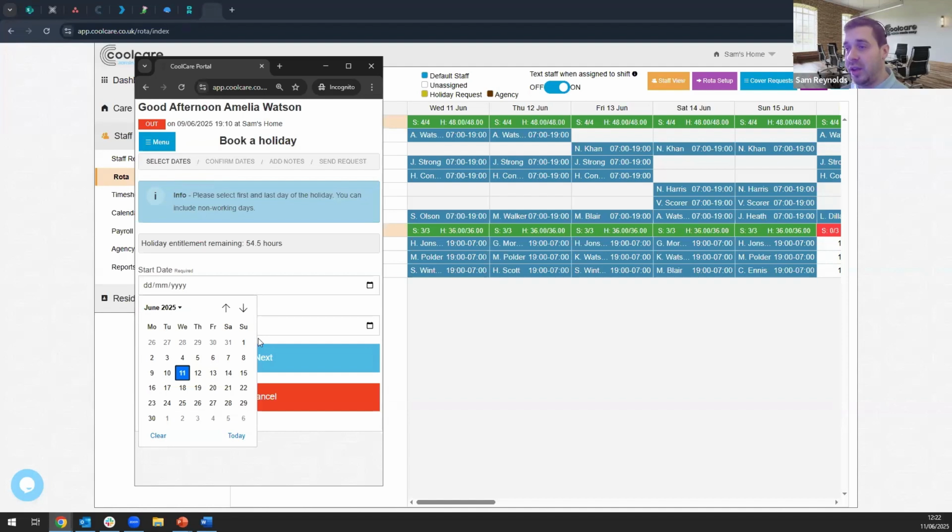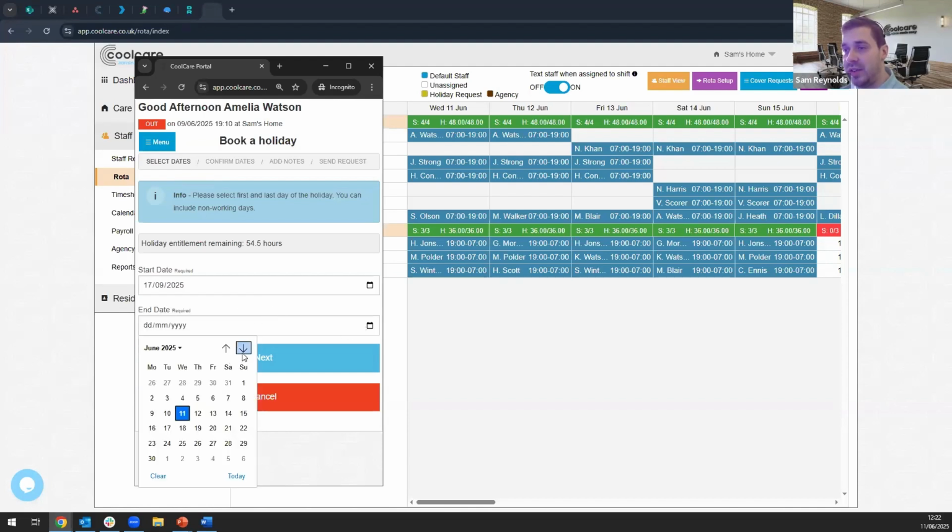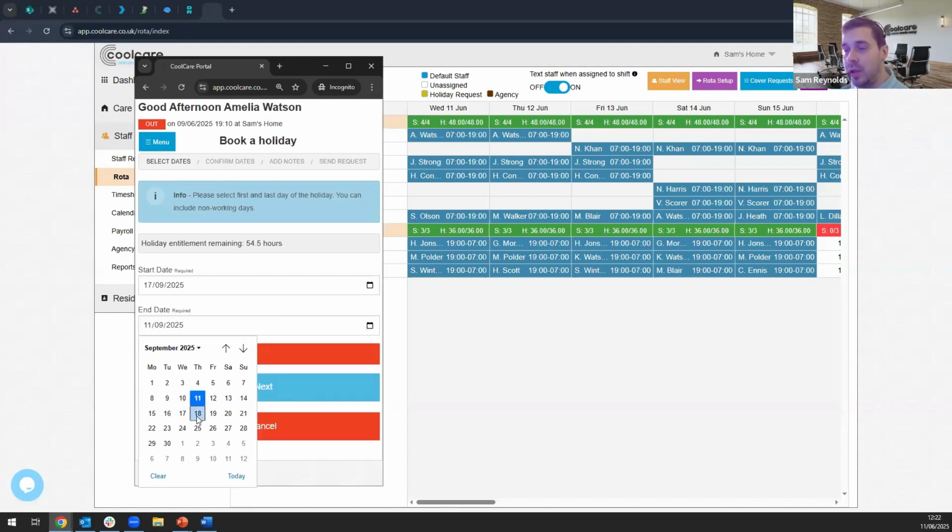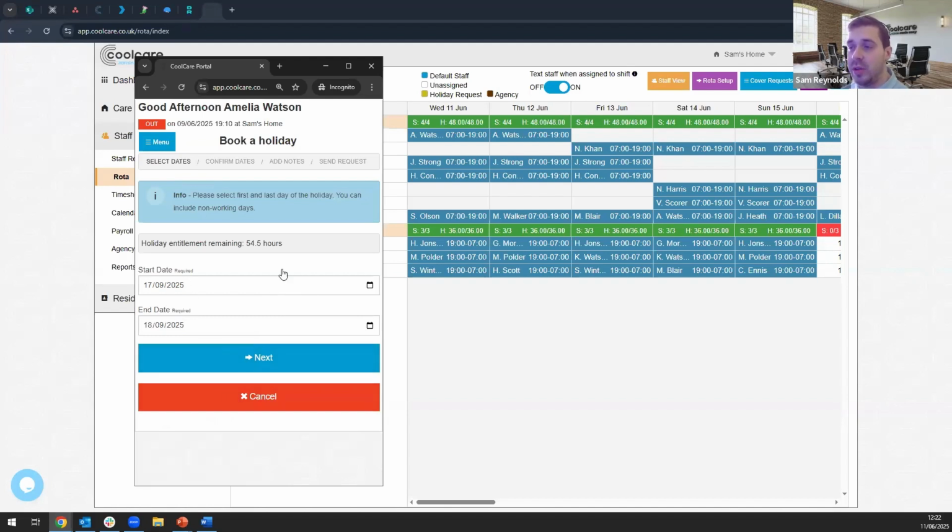So to book in a holiday request, they can choose a date picker there and go as far ahead as they want, really. They can go forward to as far as we need to. We'll say we want a couple of days off in September, for example. We're going to do, let's say, those 2 dates there, the 17th and the 18th. We're going to do 2 days off they want on those dates specifically. So if I then click next on that,